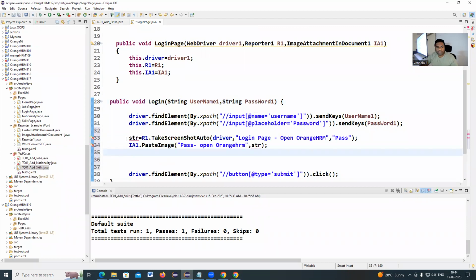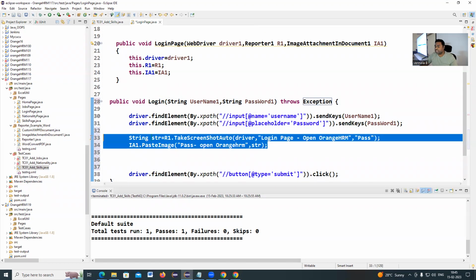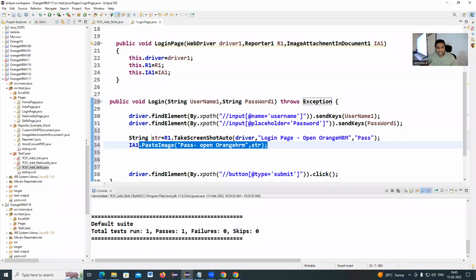Got the point? So here you can give String str is equal to, and you can add a throws declaration, throws Exception. So String str is equal to r1 dot takeScreenshotAuto, and these are the 2 lines I had pasted. So what will happen? Once the program is executed, we can verify these 2 lines. And this is called login page. And similarly,